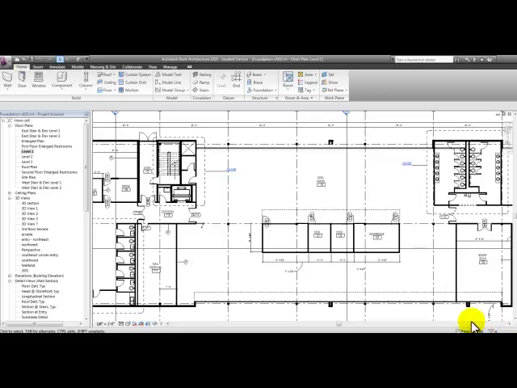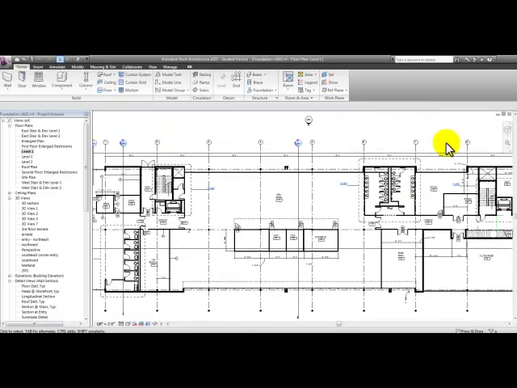The view control bar at the bottom left here is used to change the viewing options, including the drawing scale and display options. The status bar at the bottom left corner tells you what you have selected and what to do next. There's also a navigation bar at the right side of the display screen, which can be used to